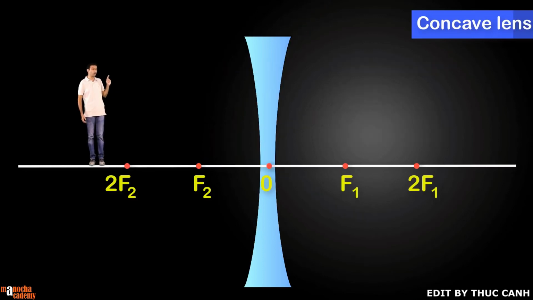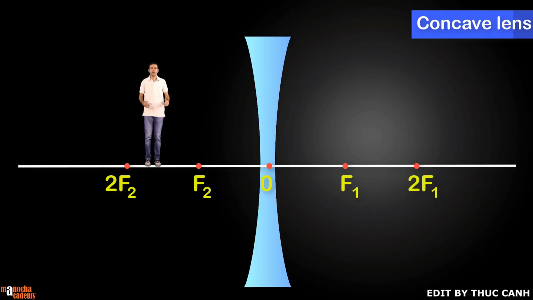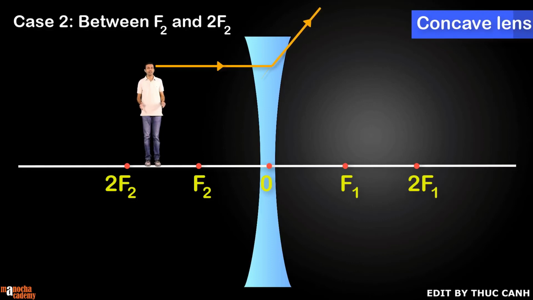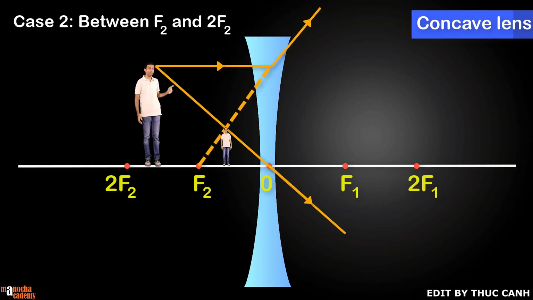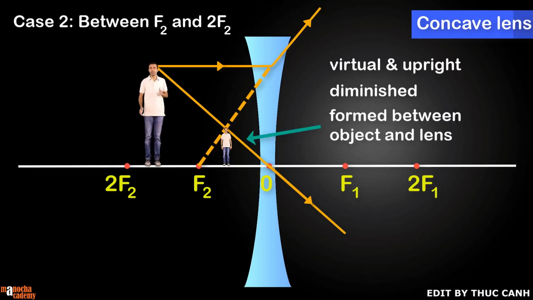Now let me walk closer to the lens. If we draw the ray diagram, can you see that we get the image having similar properties? The image is virtual and upright. The image is diminished and it's formed between the object and the lens. In fact, the concave lens is the easy one in the syllabus because no matter where the object is placed, the image properties will always be the same. But remember, the convex lens had many different cases based on the location of